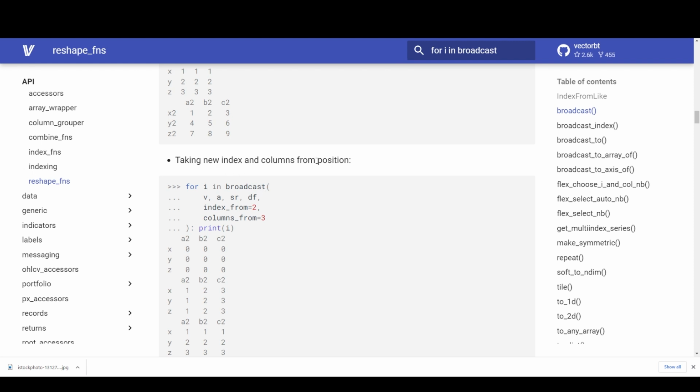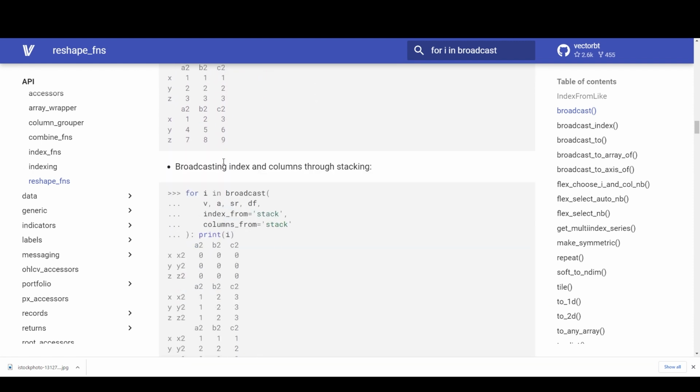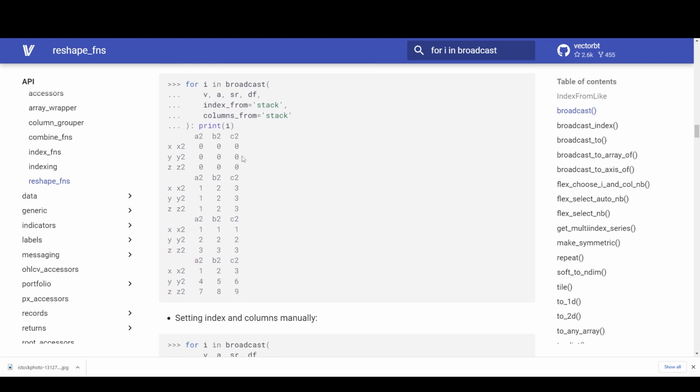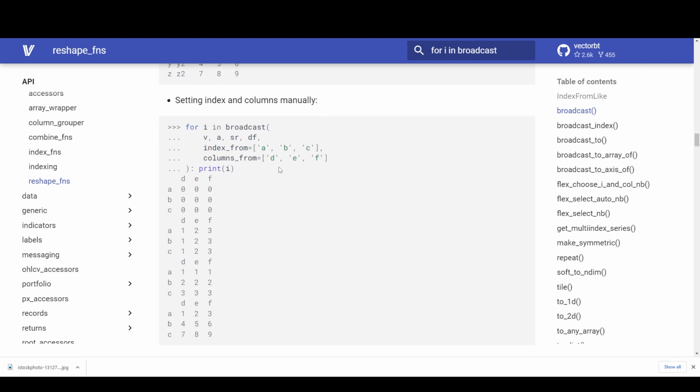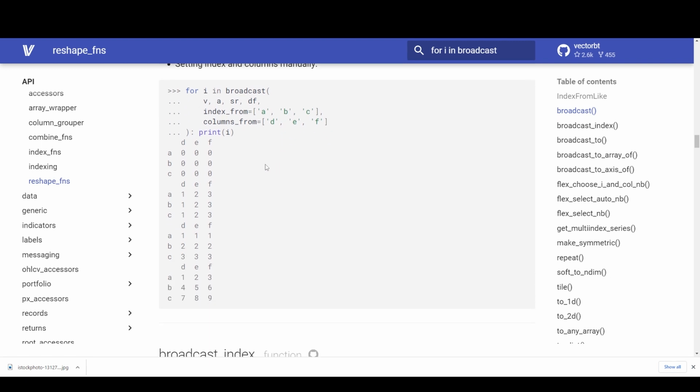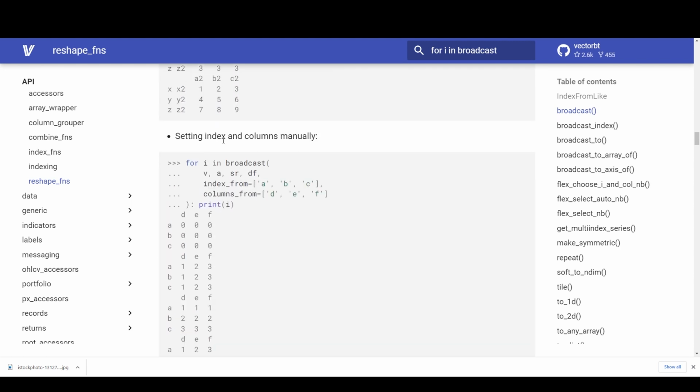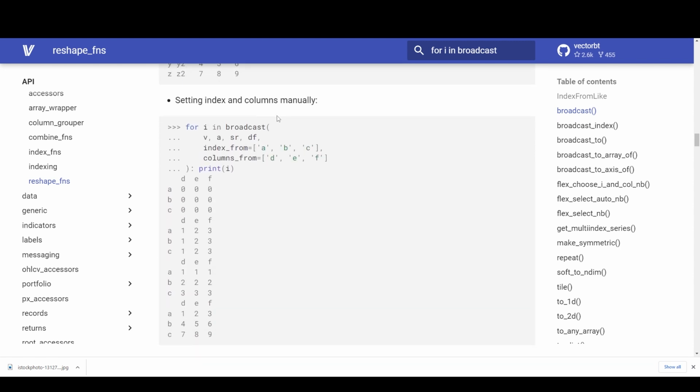Taking new index and columns from position, broadcasting index and columns through stacking, setting index and columns manually. I guess this is what I would need to do, setting index and columns manually.